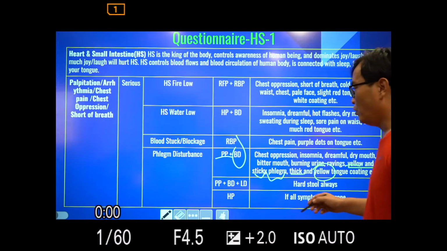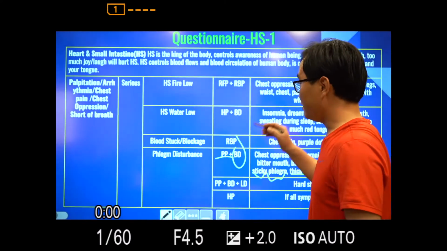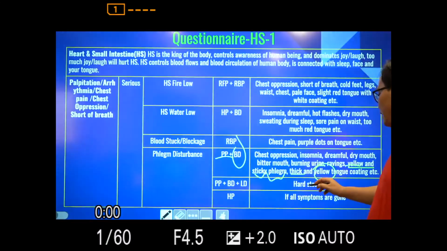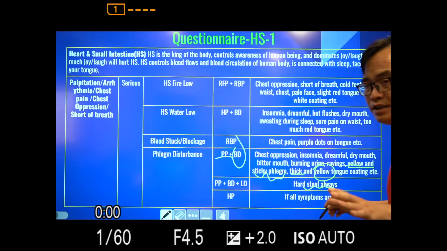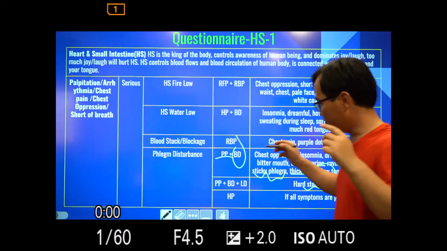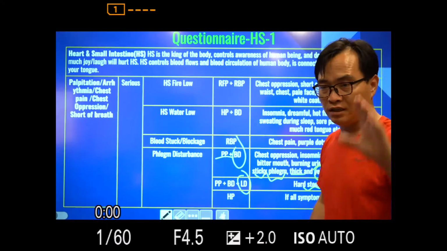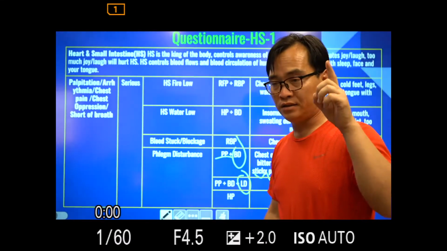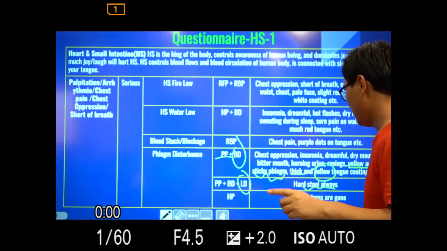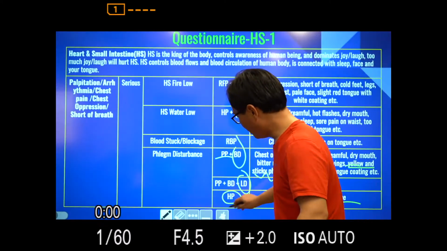And if people have phlegm in the body and, at the same time, always have very serious constipation, with stool dry and hard from beginning to end, then we use phlegm pill, blood detox, and liver detox, because we need the liver detox to work on the serious constipation. If all symptoms are gone, heart pill only